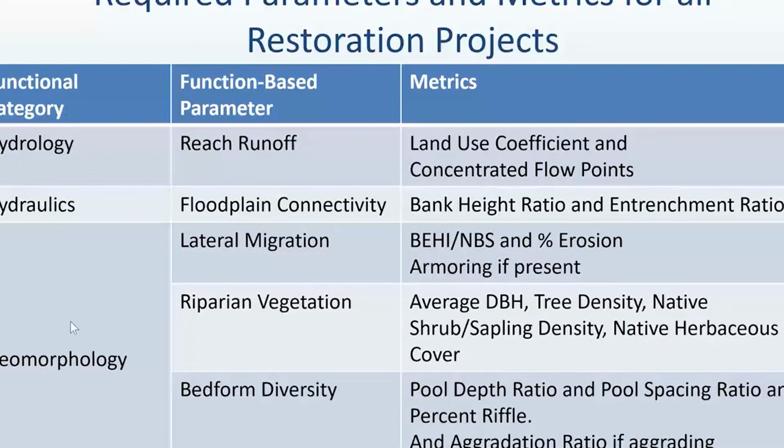All right, so I'm going to go through the categories. We're going to hit hydrology, hydraulics, geomorphology, and then I'm going to focus on these parameters: reach runoff, floodplain connectivity, lateral migration, riparian vegetation, bed form diversity, large woody debris, and then I'll touch on the metrics that are associated with these parameters. This presentation is a little more in the weeds than the first one,